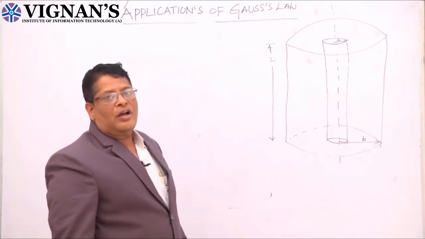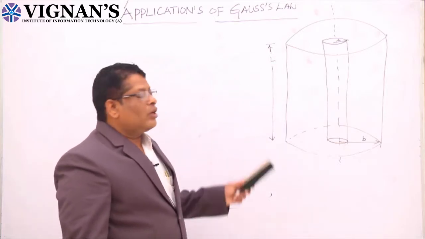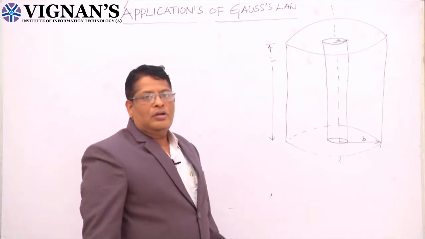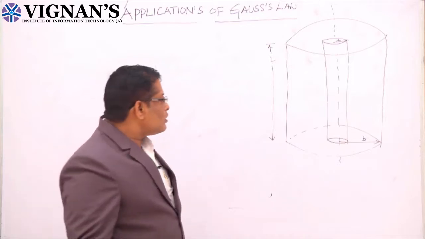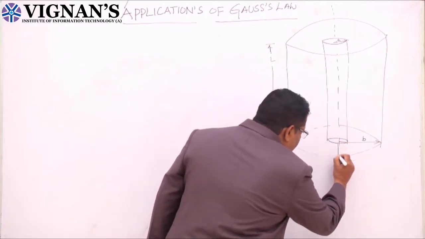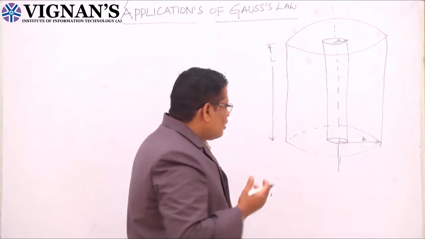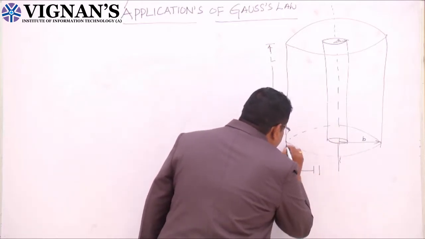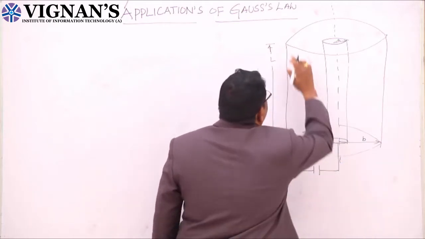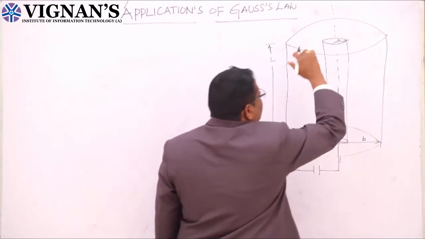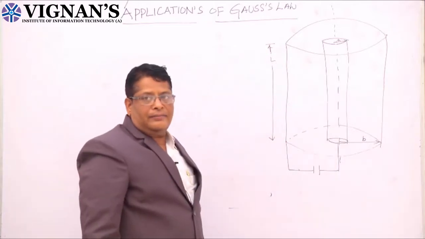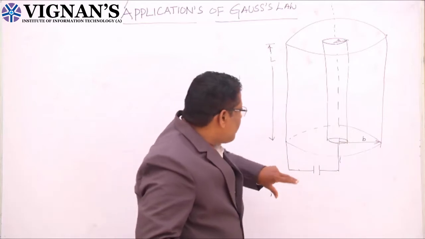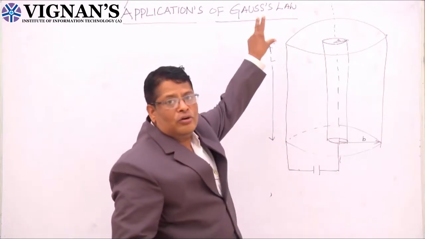Now we are going to find the electric field intensity due to the coaxial cable. Generally we use this cable to distribute power. The source is connected here. Suppose the source is a DC source, connected to the inner conductor as positive, and here it is connected to the negative. Across these two points outside, the load is connected. So whenever we connect a source here, the power will pass through the cable and reach the load.